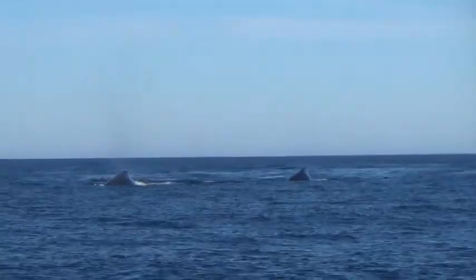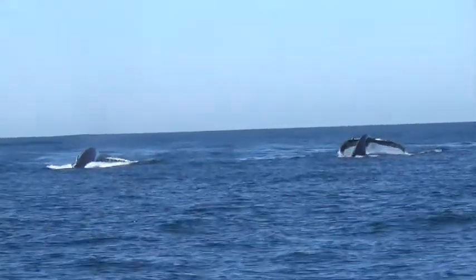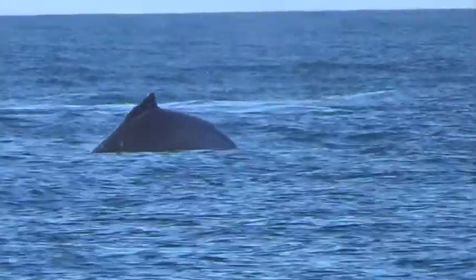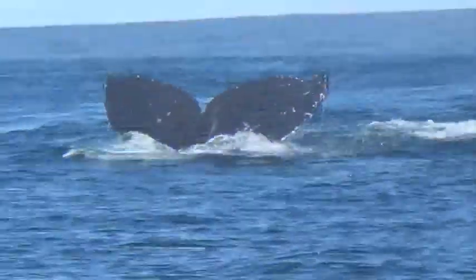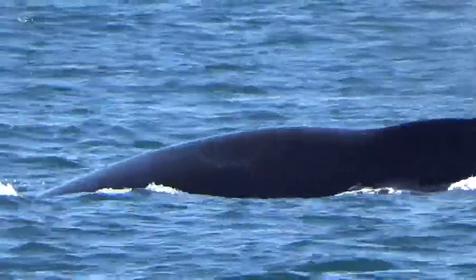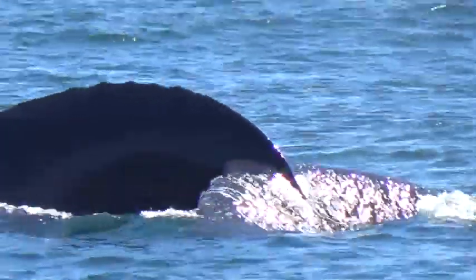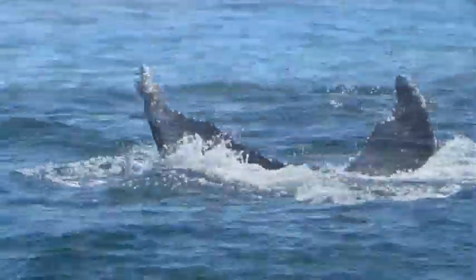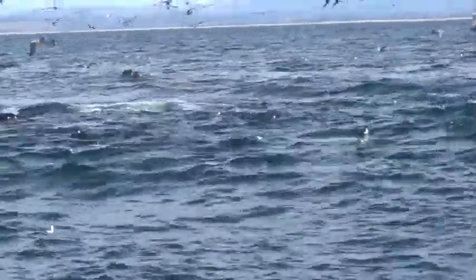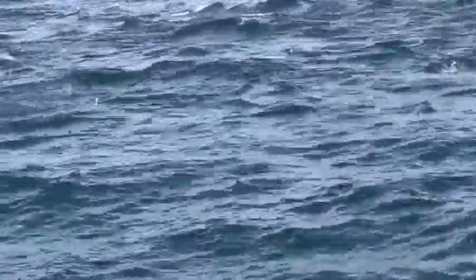One of the coolest things I like is when you see a double fluke, like this one right here. That is just so awesome, almost at the same time. If it was in the frame a little tighter, I would have loved it. Sorry. But sometimes you get a really good fluke, the water coming off the back end, and then like the spout you just saw right here, you see a rainbow with the mist. Everyone loves these flukes. And then we came upon these hundreds and hundreds of shorebirds out screaming,